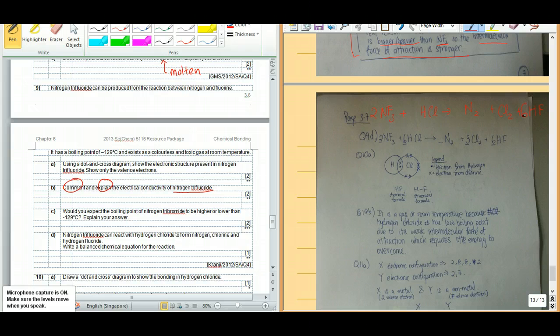When I inserted a 6 over here, I affected the number of hydrogen. So hydrogen now has 6. On this side, I require 6. With 6 hydrogen here, I also have 6 chlorine. So the left hand side I have 6 chlorine, the right hand side only 2, so I multiply here by 3. So therefore the final answer is here.